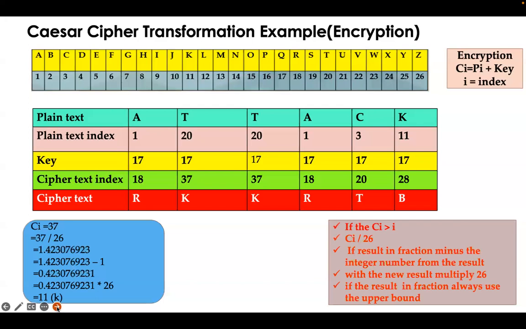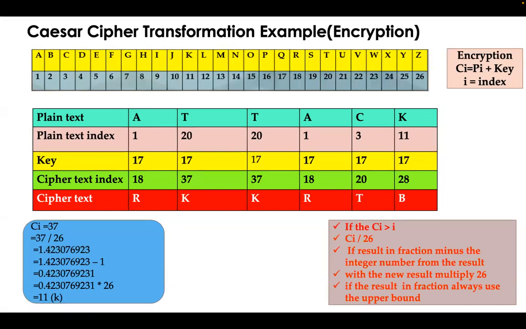So then we have to divide our ciphertext index by 26. If our result is a fraction, we have to minus the integer number from the result. After that, we get a new result, and with this new result, we have to multiply by 26. So we will be more clear if we see an example, like we can get